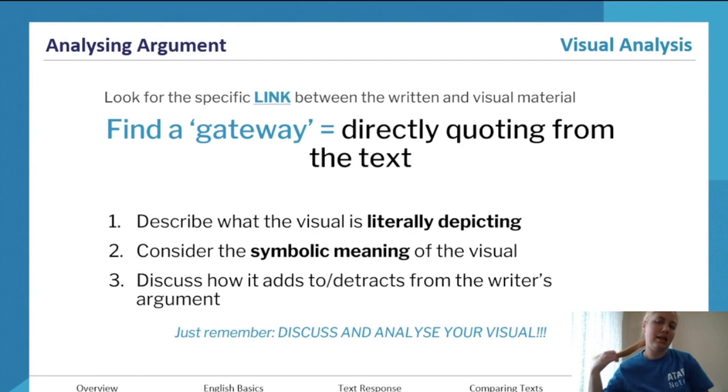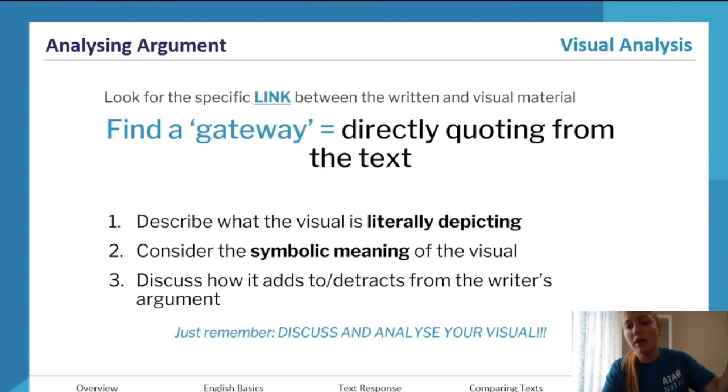And when you analyze a visual, remember that they all need to be analyzed. If there is a visual, you need to analyze it. And it doesn't get its own separate body paragraph if it's embedded within the text, meaning it's not comparative, it's part of the author's argument. Decide which argument it belongs to and find an appropriate area within your body paragraph to bring in the visual, analyze it, move on, and keep analyzing the actual text or close the body paragraph depending where the visual is.